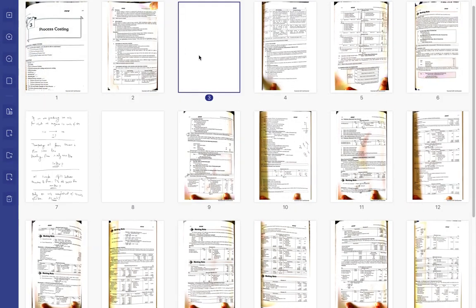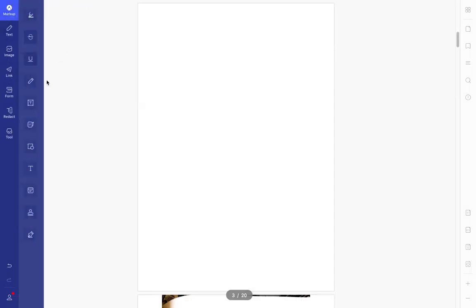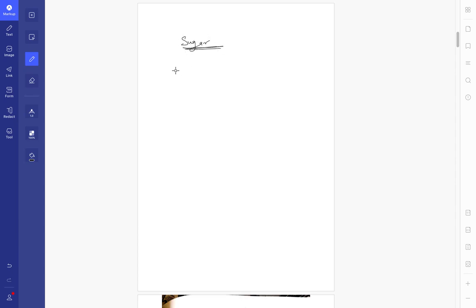Now let's say you have a certain product to be manufactured, and it needs to go through several processes. Let's say I'm manufacturing sugar. The basic manufacturing process of sugar is to first convert sugar cane to jaggery or gur, which then gets converted into sugar. So that's a process. A specific process takes place wherein sugar cane gets converted into jaggery and then to sugar.